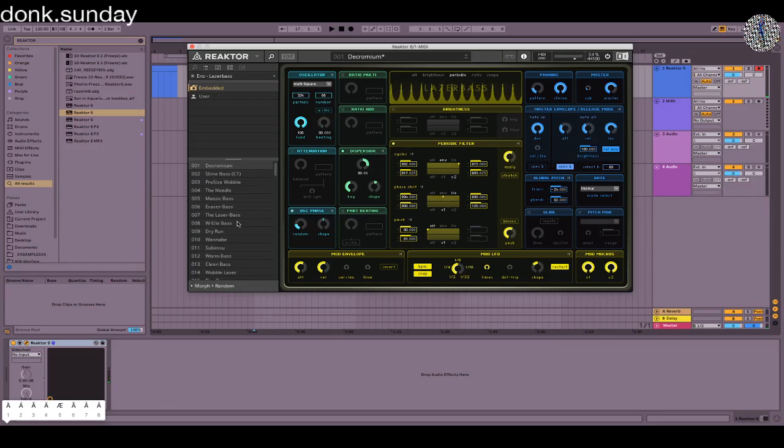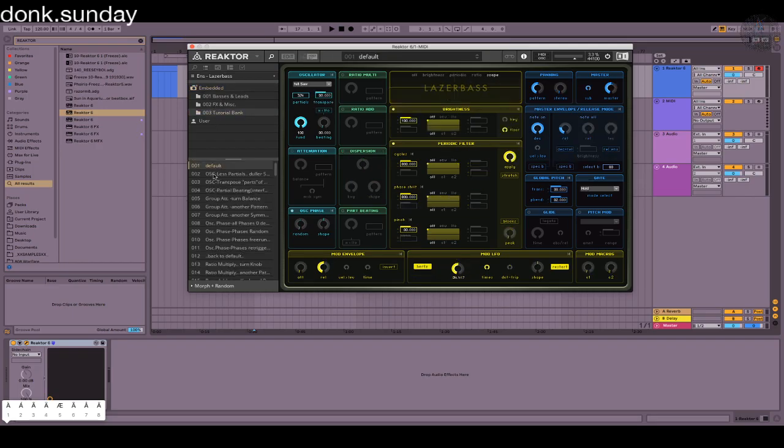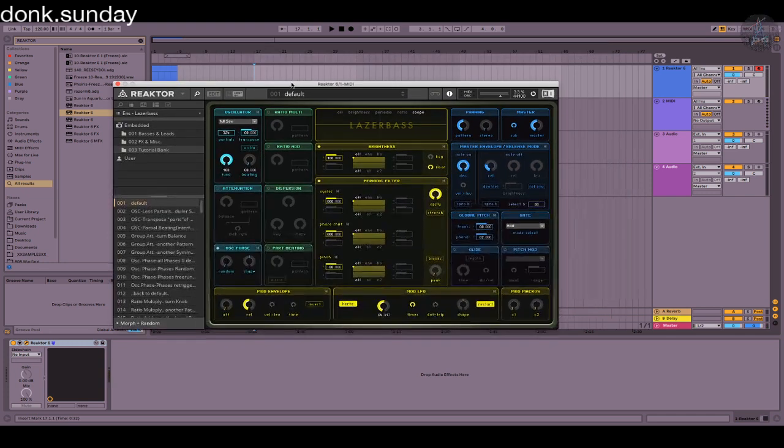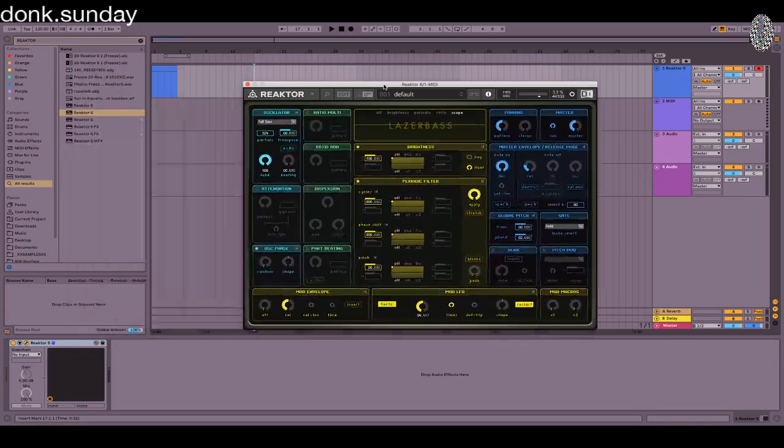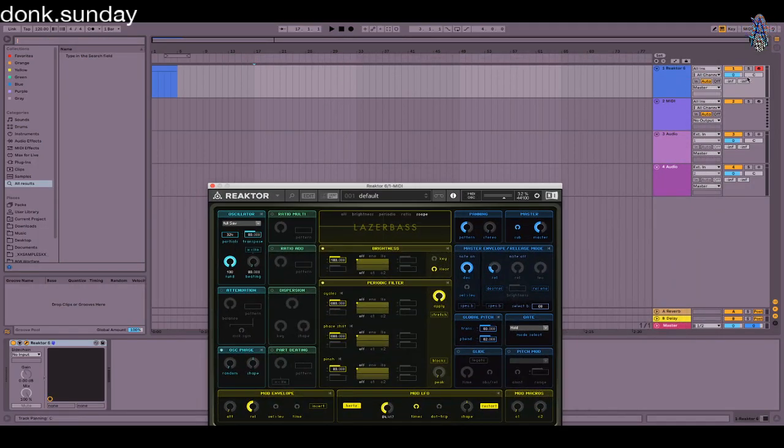Okay, is there an initial patch? Little plus sign will open up the banks inside of here. There we go. Alright, so Laser Bass is pretty cool. It's really similar to Razor in terms of its functionality, but doesn't really have any filters. It does have a bunch of partial movement though. So what I'm gonna do,